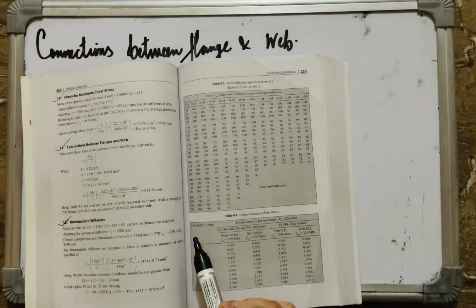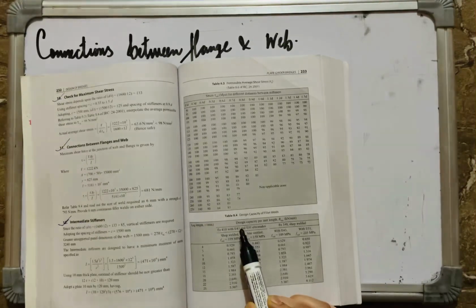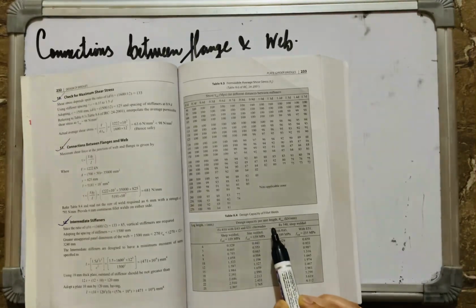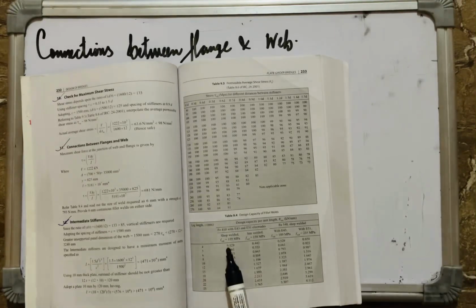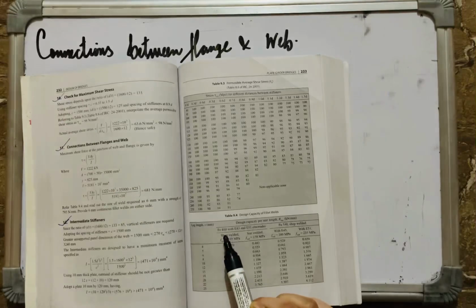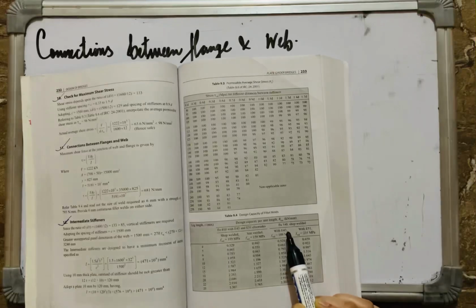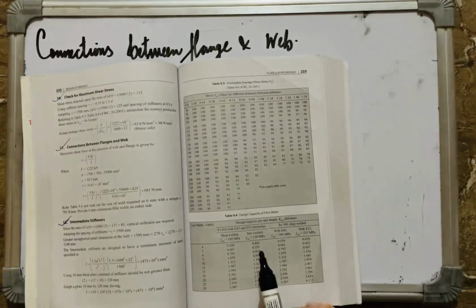Here from this side you can see there is leg length in mm, and there is design capacity per unit length. Shop welded, site welded, this is with Fe 410 and with these electrodes, and this is Fe 540 and shop welded. Now we will be using site welded,